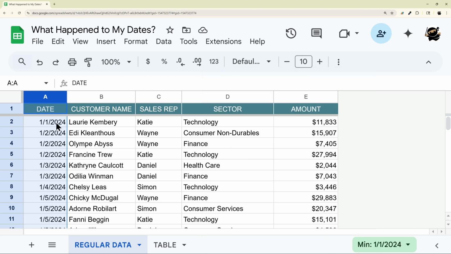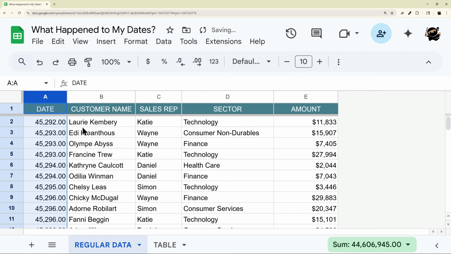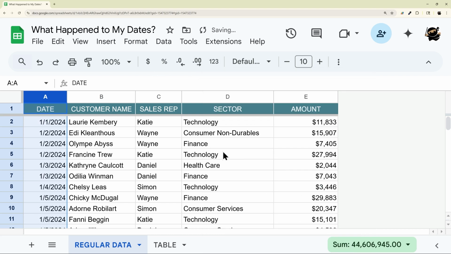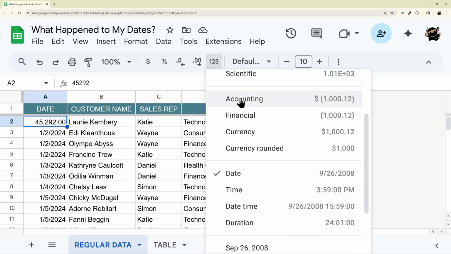So the reason why this happens is dates are actually numbers. And so we can convert this back to numbers, and that's what the dates actually are. We're just displaying them as a date. And so that's why there's a lot of confusion. And this can actually work the other way. You might enter 45,000, something like this, and then it might actually get turned into a date. And so if you have numbers missing, it may have been the reverse and it's actually just formatted as a